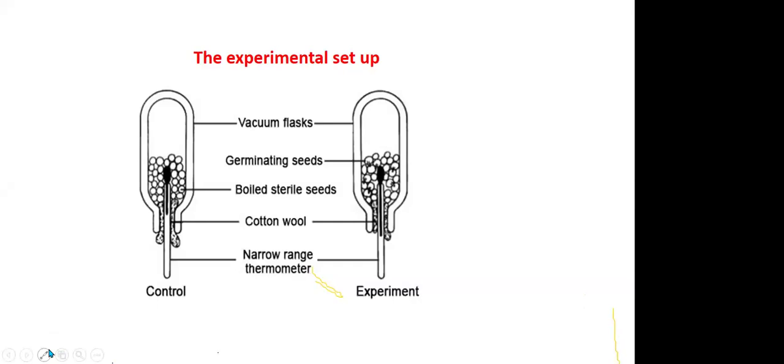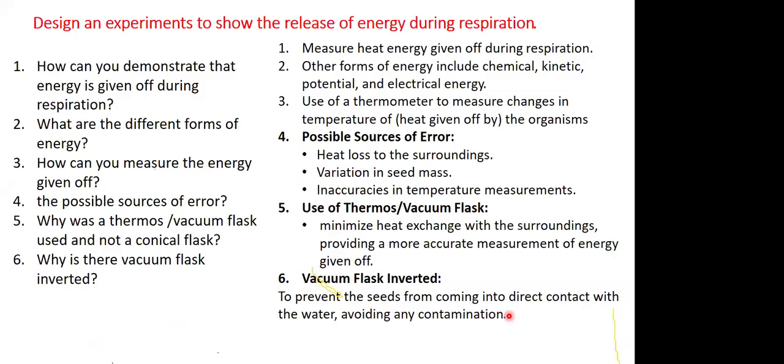Not quite. So what happens is that when you put it upside down, you're preventing the seeds from coming in direct contact with the water. So the water drains out, okay? Because if the water remains there, it may cause the seeds to rot, or the water may absorb some of the heat, okay? So those are some of the things, but also it is easier for you to get a more accurate reading